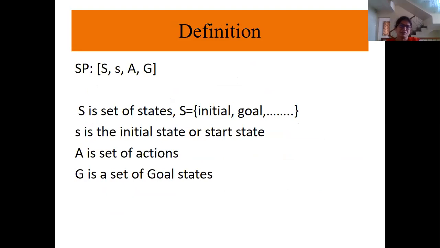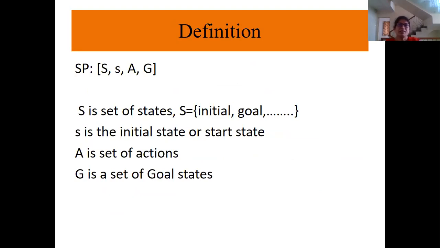Now, what is the definition? To solve any particular problem, we have to define the state of the problem with the help of 4 tuples. Your state space problem can be explained using 4 tuples, and those 4 tuples are enough to define the state of any basic AI problem. Here we'll have a tuple which tells us the start state, a tuple which tells us the goal state, and then also a set of states and a set of actions, which are nothing but the transition functions.